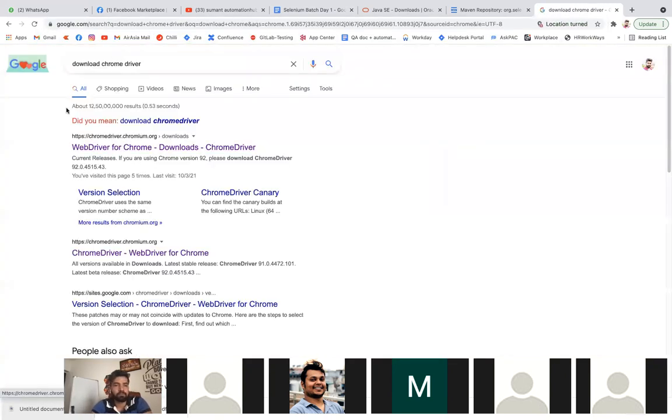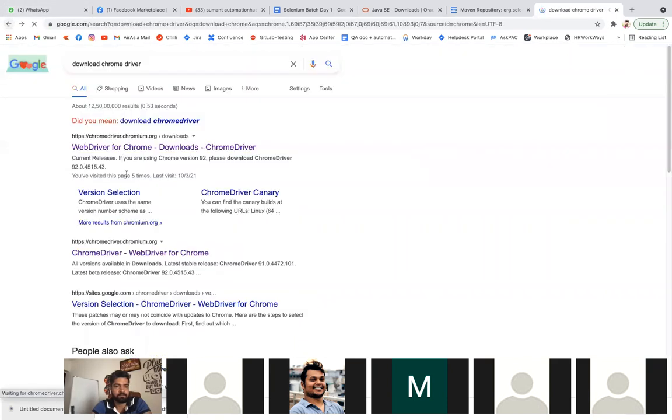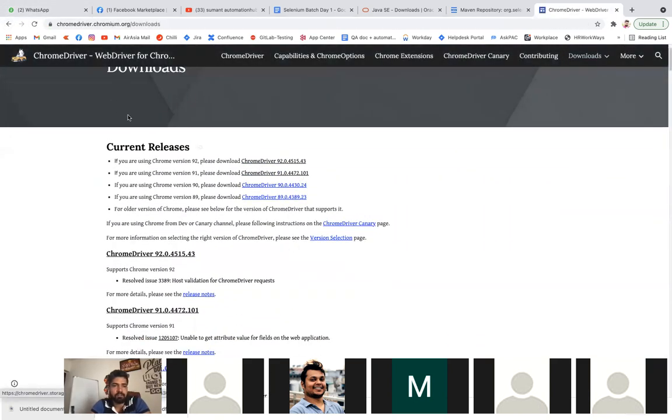The first link itself you can see, right? WebDriver for Chrome, not the other one. Correct. This is the URL from where you can get the Chrome driver, and there are multiple versions available here: 92, 91, 90, 89.